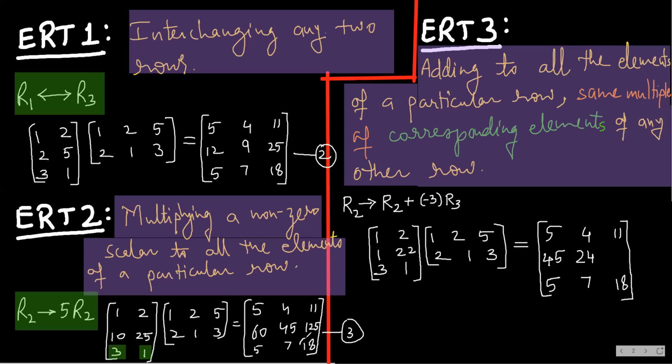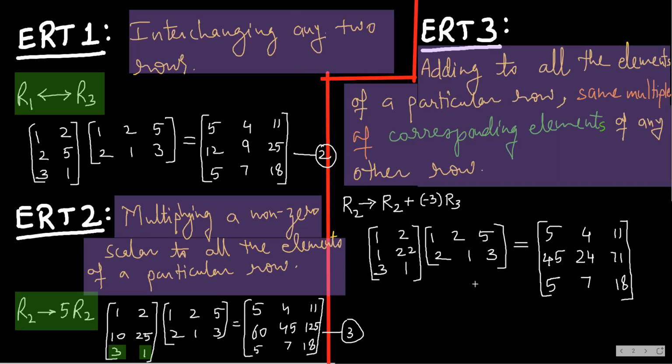Then here you will multiply minus 3. So you are going to multiply minus 3 to all the elements of R3. That is why you say same multiple of the corresponding elements. So when you multiply minus 3, this will become minus 54. Now add. So you have 125 minus 54. How much you get? You get 5 minus 4, 1. And then this is 12 minus 5, 7. This is 71. You write here 71. And this is what you got.